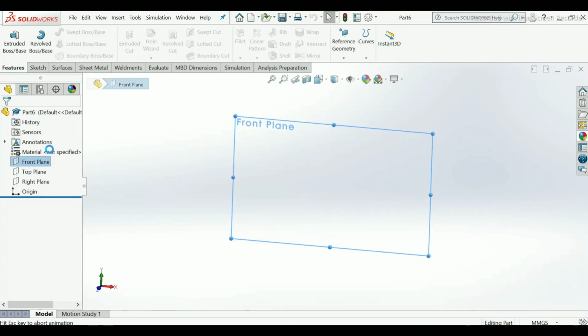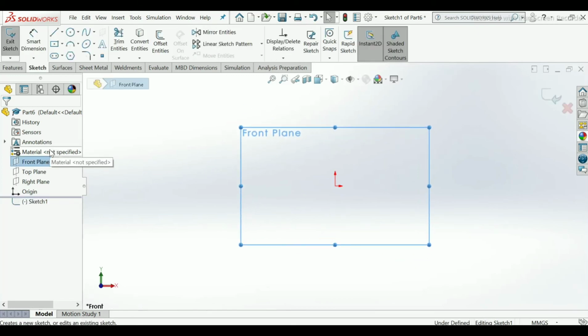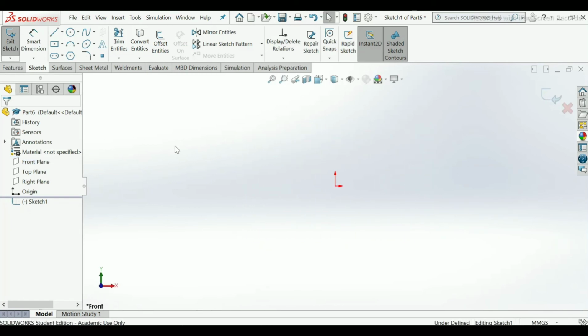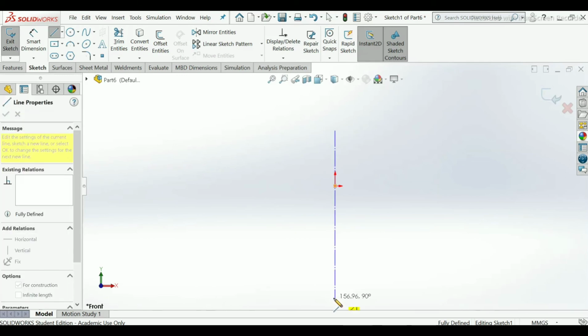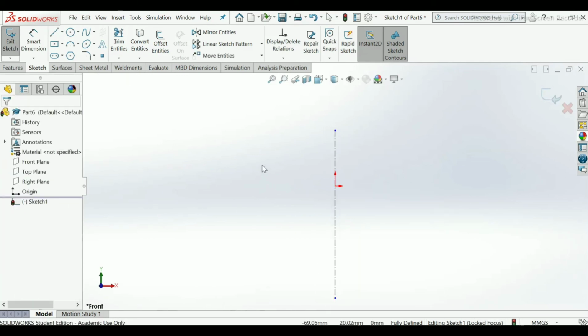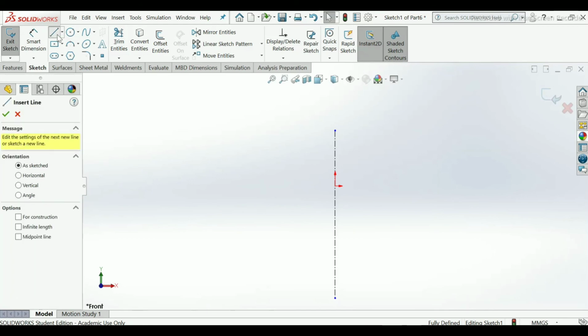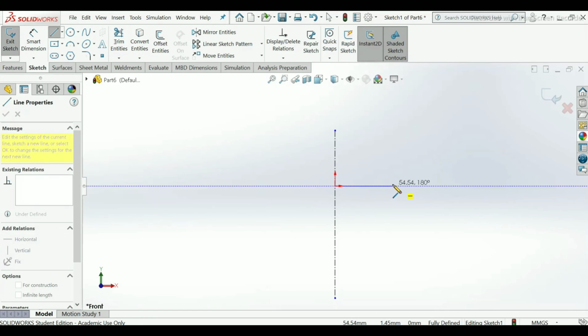Select front plane, sketch. Normal to profile. Select center line, select line, make a rough sketch of it.